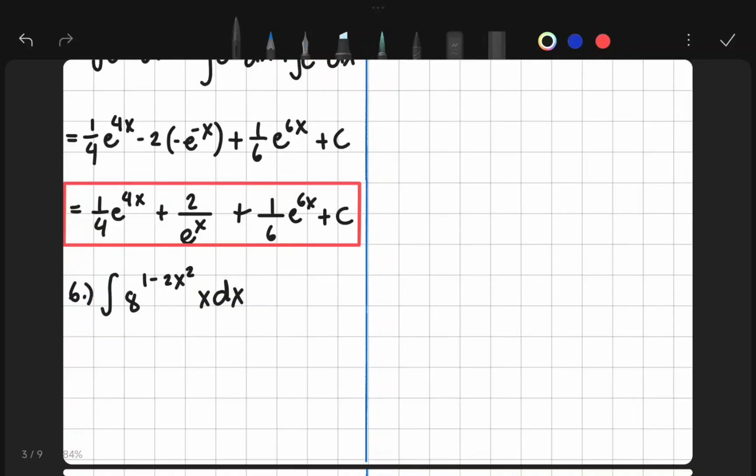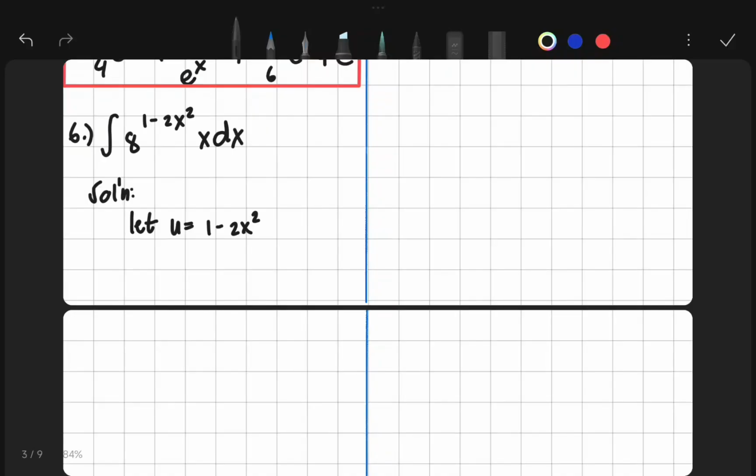So very simple, right? We just need to use substitution. So I will let u equal to 1 minus 2x squared, because if we differentiate that, it is simply equal to